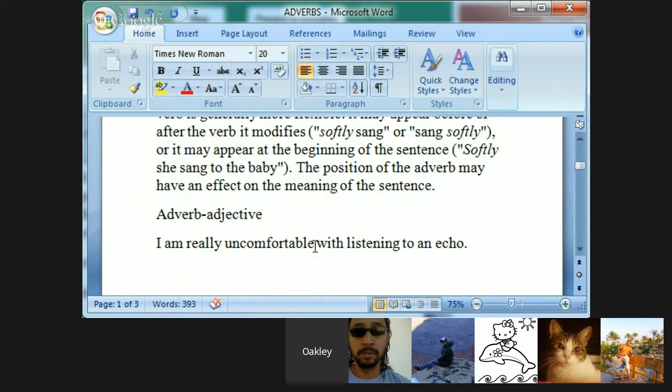Okay, and here it is. So your adverb adjective combination, Heidi, is? Really the adverb, uncomfortable the adjective. Yes, it certainly is. Very good. Okay. All right. Very good. And because we're talking about this, just because you used really,